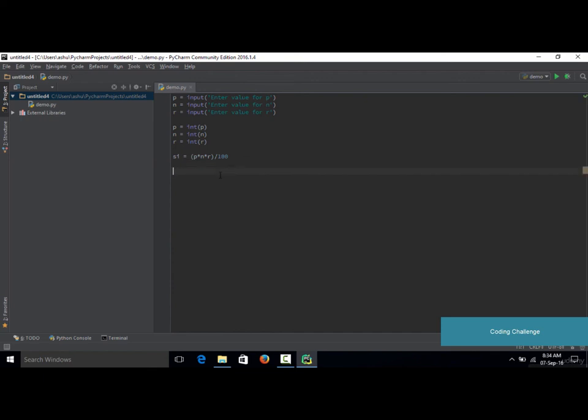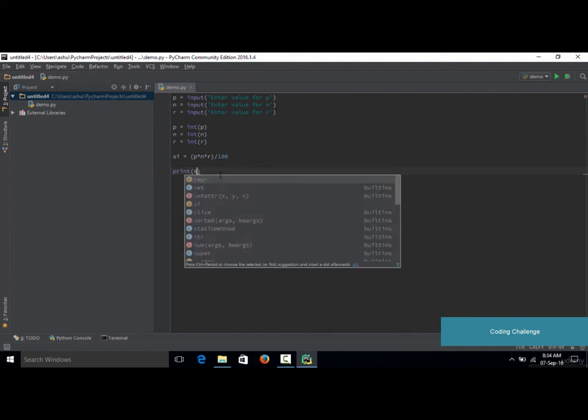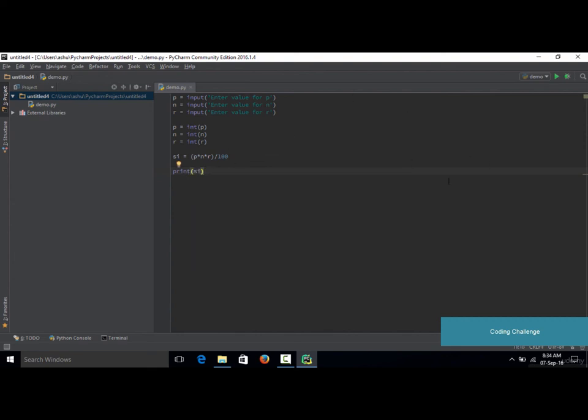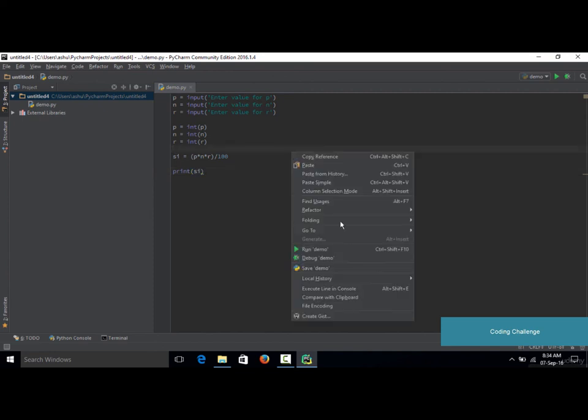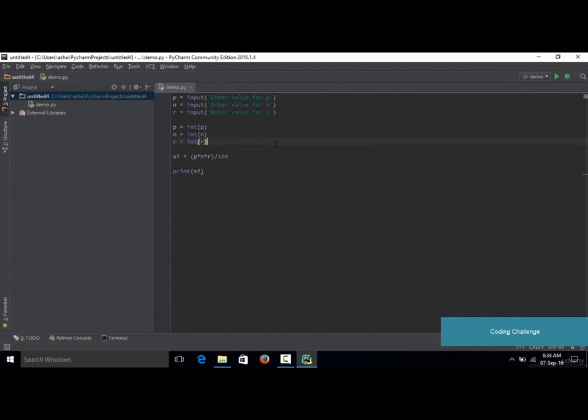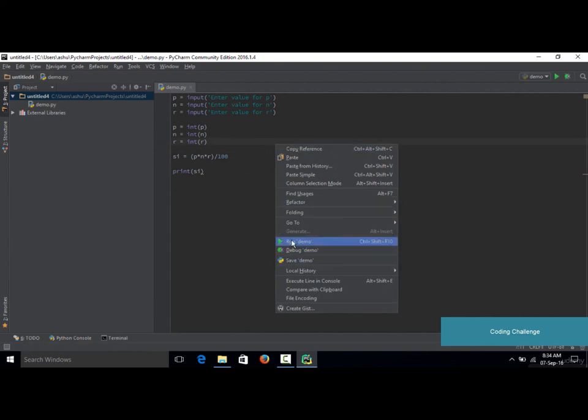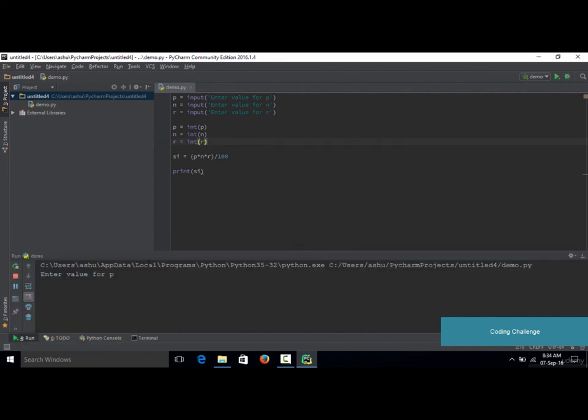Now once we have the simple interest value, we need to simply print out the value. So in order to print out the value for simple interest, we type in print and then simply pass in the value as SI. So that's it, and we actually have the value of simple interest calculated. So if we go ahead and save the code, and run it by simply right clicking over here and clicking on this run option, as you could see, it is asking us to enter the value